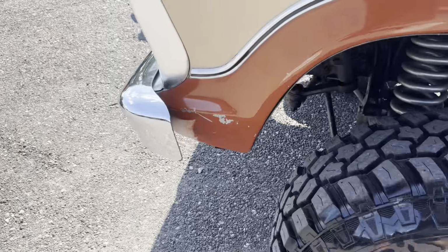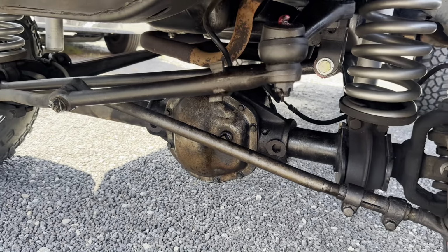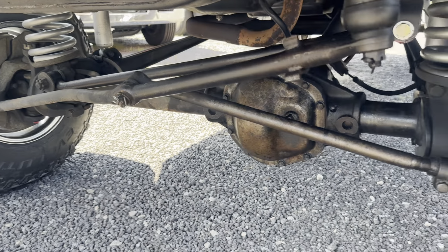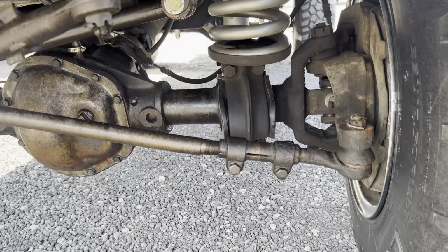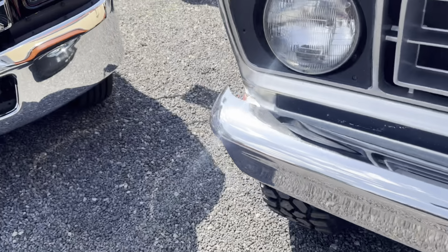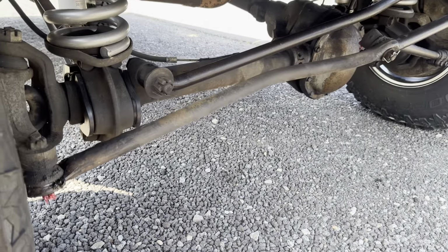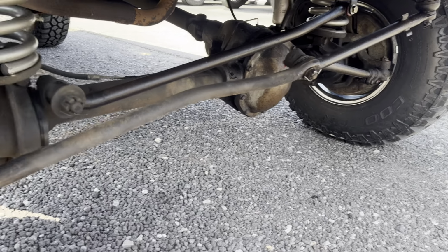Now, one other thing, there's a very short run of these trucks in this year range that has this Y-Link steering. We all know that Y-Link steering is not so great. So it does have slight play in the steering. Noting that currently right now for you guys, if somebody purchases this truck, we will replace these factory tie rods with new, or we would recommend doing a steering upgrade where it has a normal steering bar